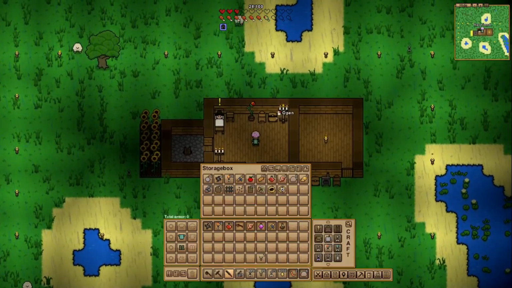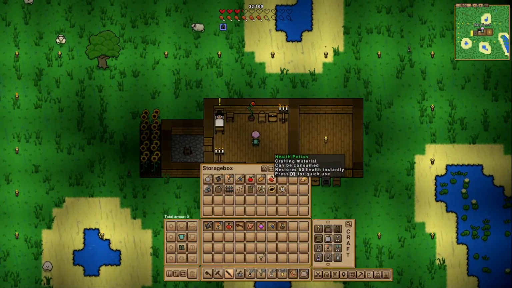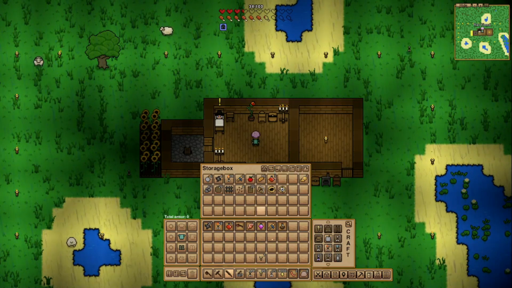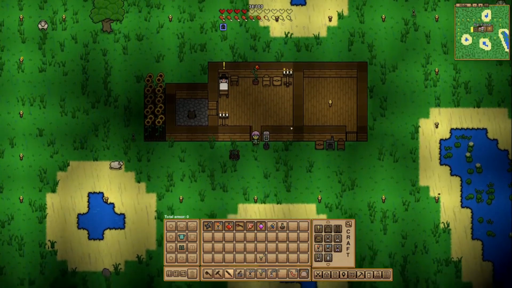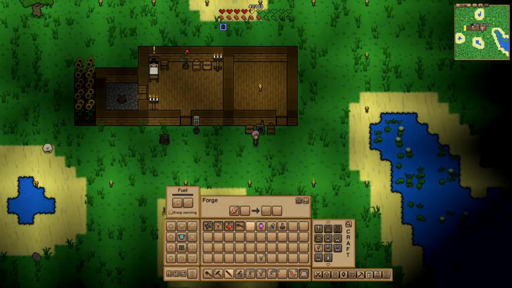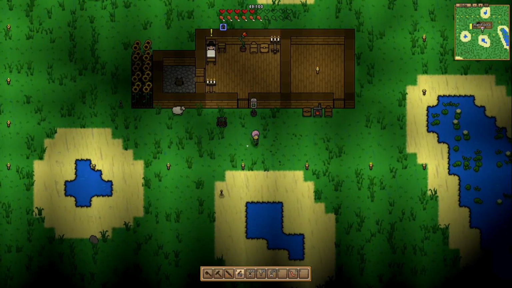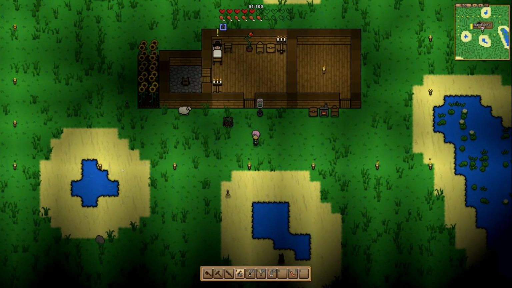So we're gonna go collect our iron, copper, and we'll put the rest of our coins in there. Because you do lose your coins on death. You drop everything. Put that there. We're gonna need some wood, but I think I'm gonna call that an episode, as this game